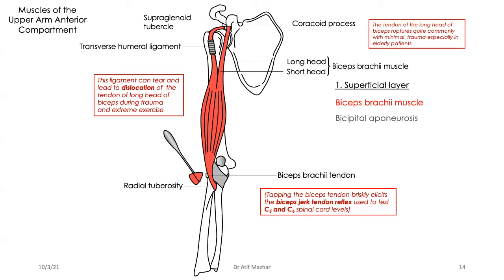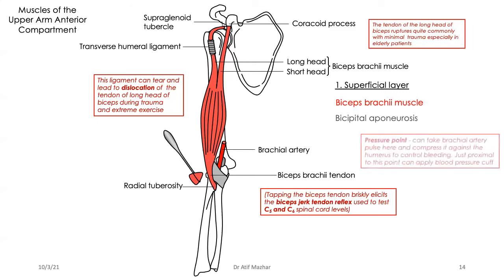Guys, biceps is one of those muscles. If you don't know about it, there is no excuse. Now, just behind this aponeurosis, you can see a tube going down. That is my brachial artery, and then lateral to it, I have my median nerve. And this is the location when you are checking someone's blood pressure, you are putting your fingers, trying to isolate this artery pulsation.